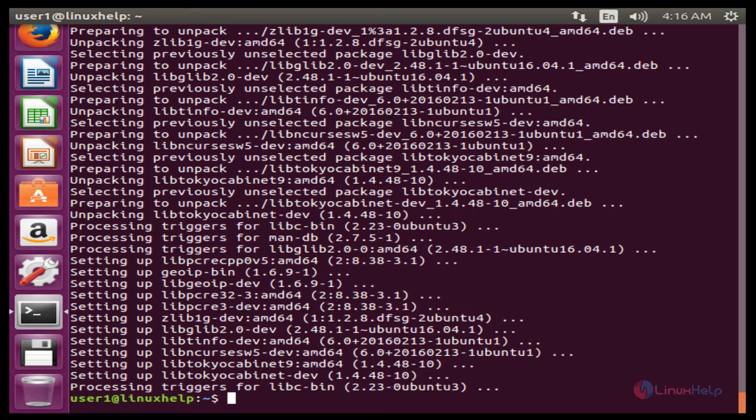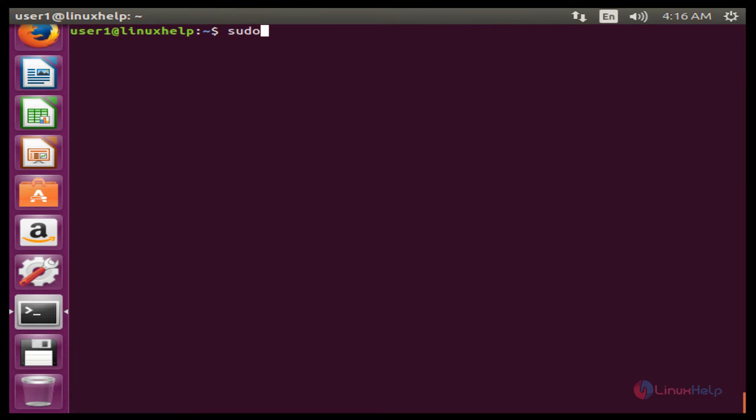The next command is sudo chown $USER /usr/local/src. This command is used to change the ownership of the source directory. Now enter.